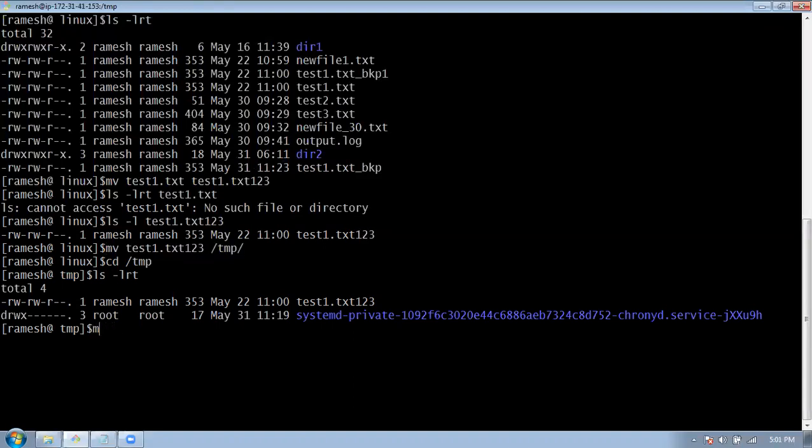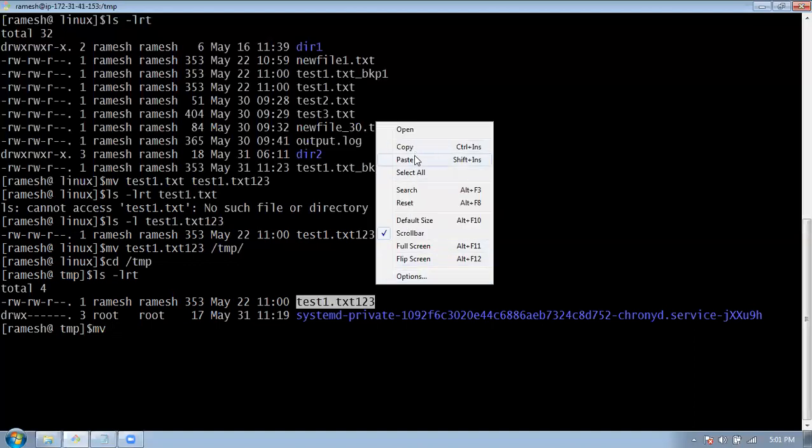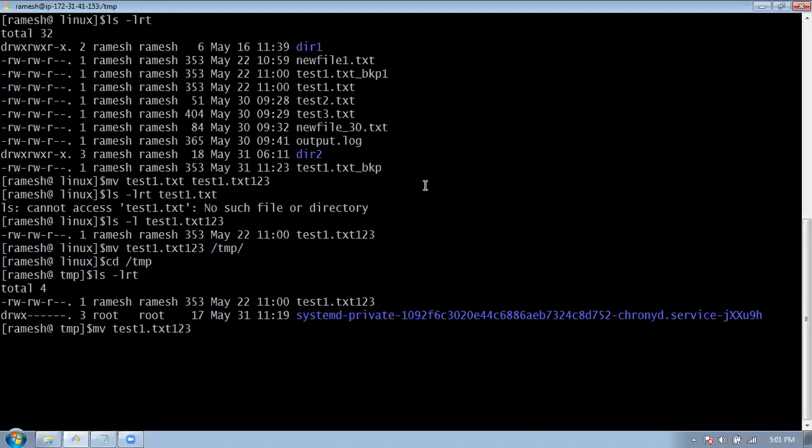So now, in the same way, let me move this file back with a different name. In this case, I'm moving the file, and along with that, I'm also renaming the file.